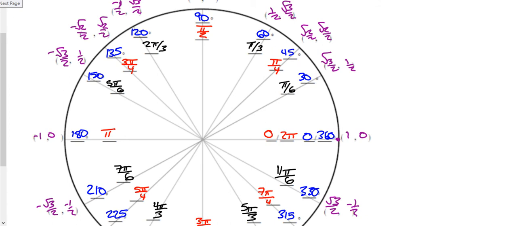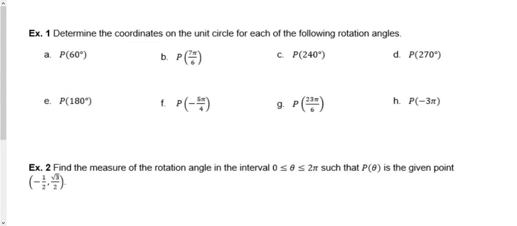Off to example 1 here. If you have your unit circle handy, please have it out and ready to go. We're just going to pull the coordinates straight off of our unit circle. So if I'm at 60 degrees, we're looking at the coordinate of 1/2 positive and root 3 over 2 positive, because 60 degrees